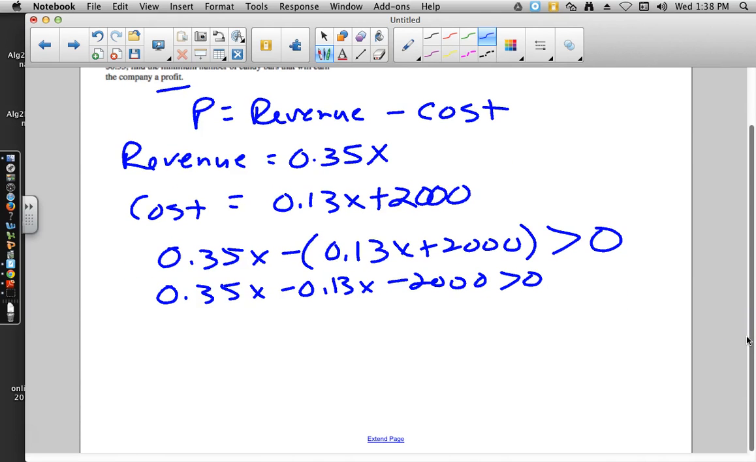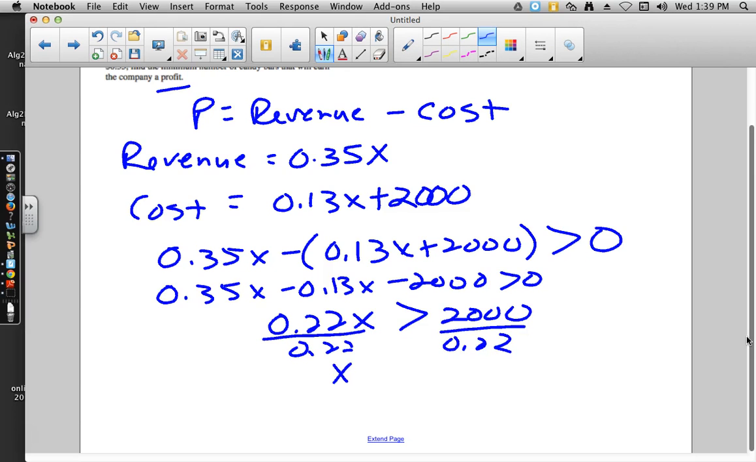And then we just go ahead and do a little math. 0.35x minus 0.13x is 0.22x. And add the 2,000 to both sides. There's no flipping the sign when you add or subtract. And then we would divide by the 0.22. And x will be greater than 90,